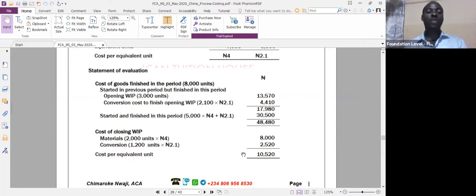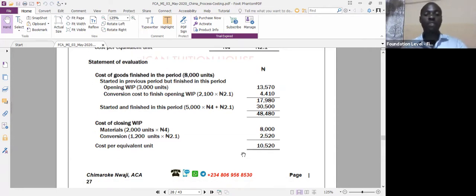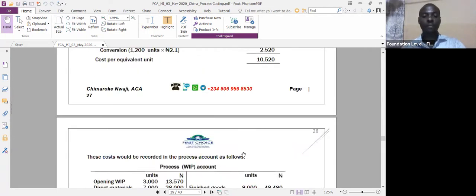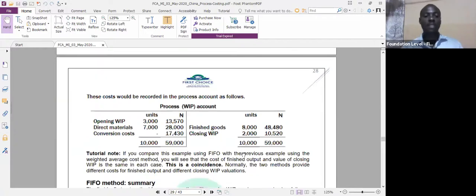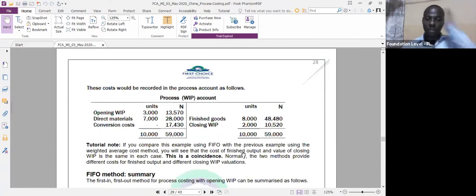Then labor cost started this period, but we could not finish it. And now we are multiplying by 2.1. So the cost per equivalent unit is 10,520. And this is the process account. Now, tutorial notes: if you compare this example using FIFO with the previous example using weighted average costs,